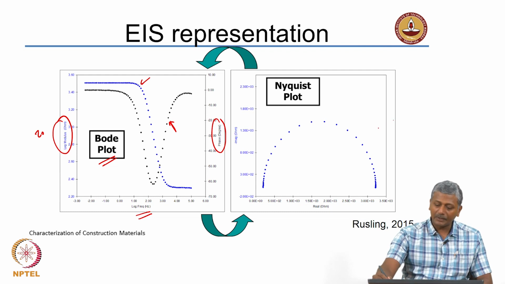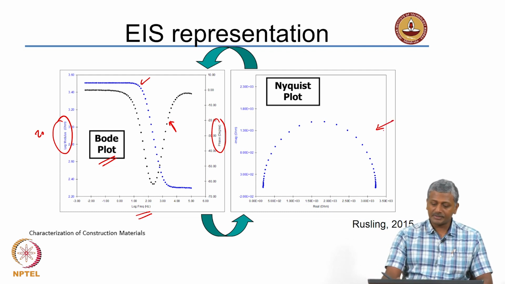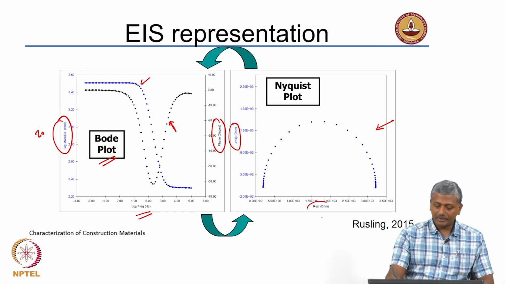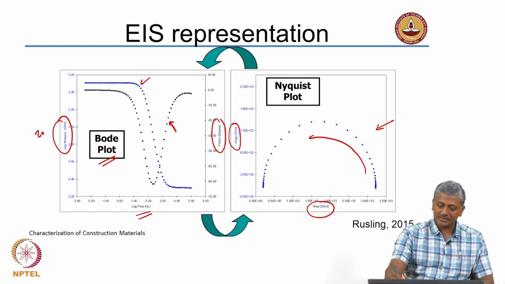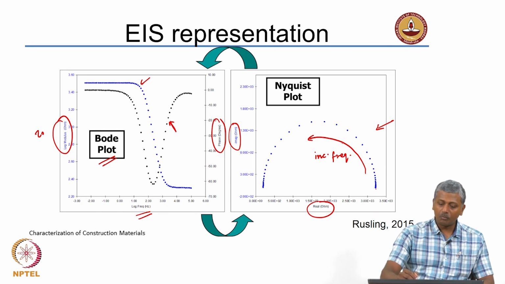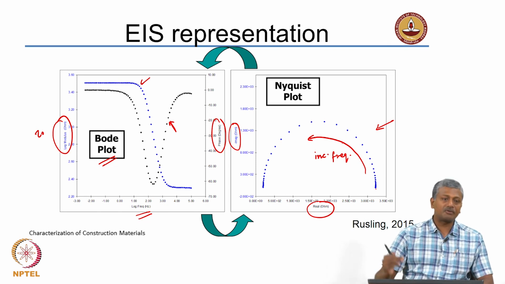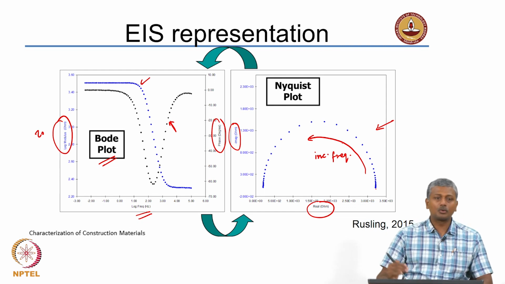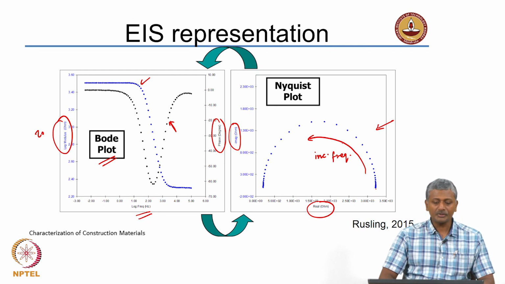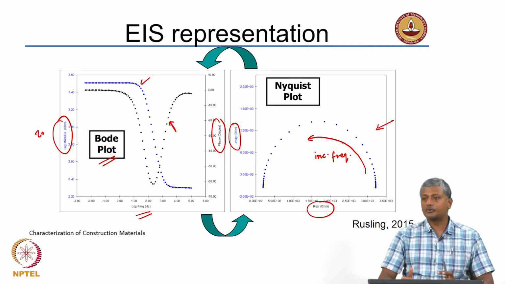The other way is to do the Nyquist plot. In Nyquist plot, what is plotted is the imaginary value of the impedance on the y axis, the real value of the impedance on the x axis, and you are basically changing the frequencies in this direction. This is the direction of increasing frequency. You are basically representing these points in the direction of increasing frequency towards the origin. As you go more and more towards the origin, your frequency becomes more and more. Okay. So, a Nyquist plot or a Bode plot can be used to represent the data collected from your electrochemical